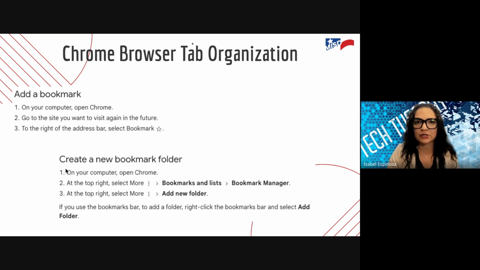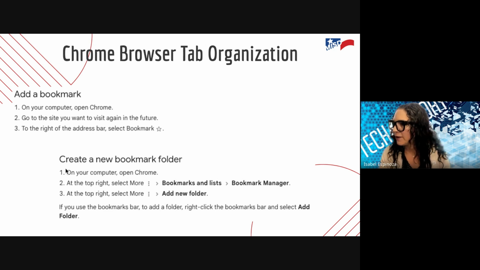So I'm going to share another one of my screens so I can show you what I'm talking about. Right now, let me tell you first, we're going to talk about bookmarks. There's several things we're going to cover. Right now it's just bookmarks. And I don't know if you knew, but you can also create a bookmark folder. So let me share my